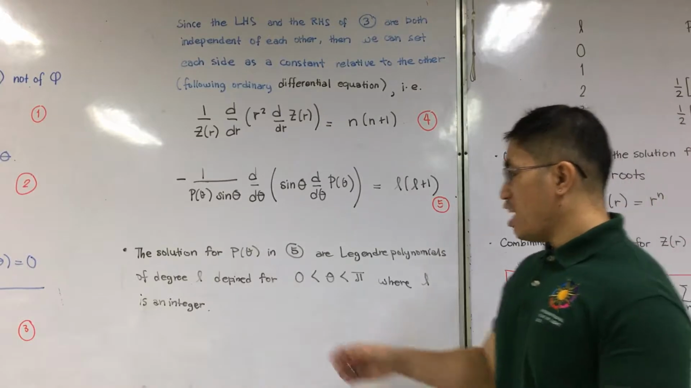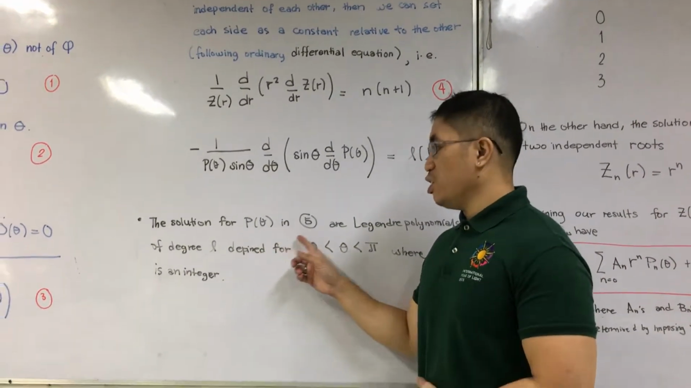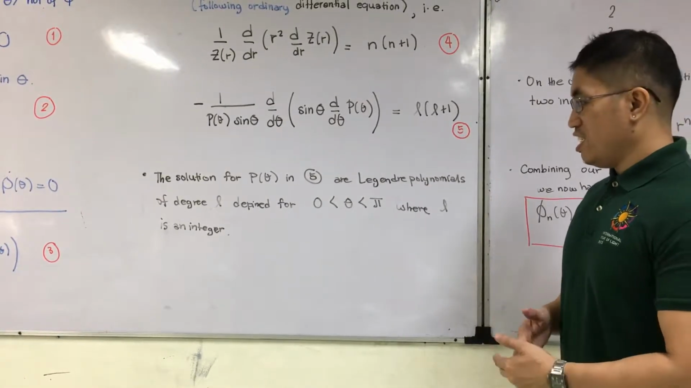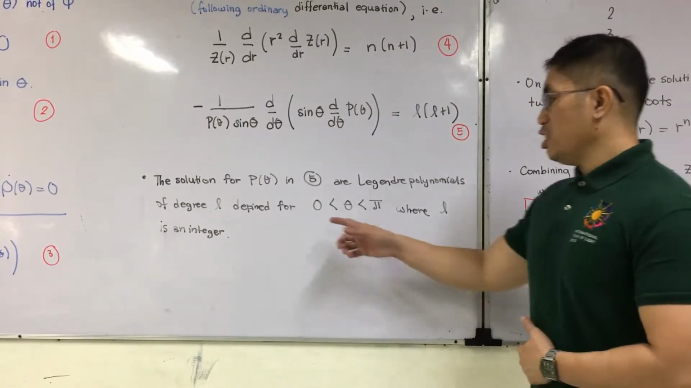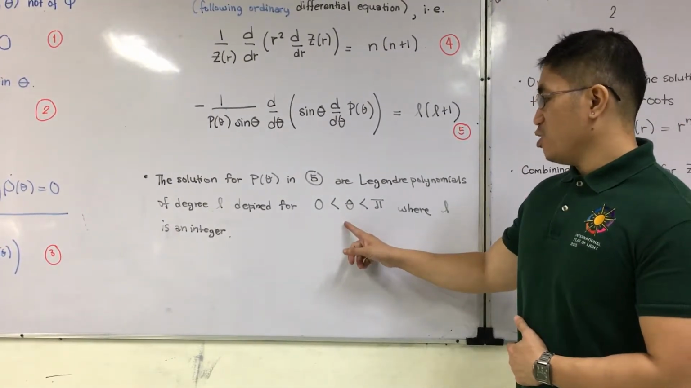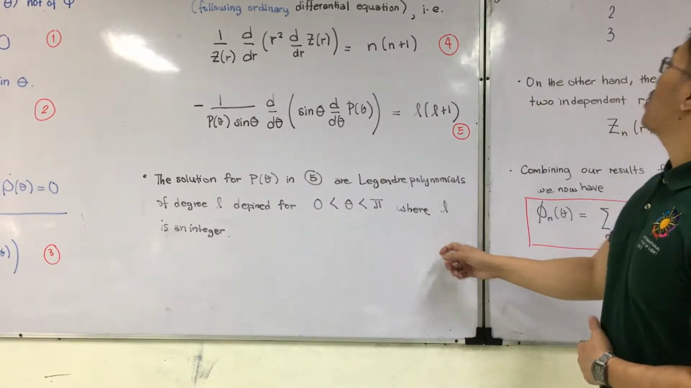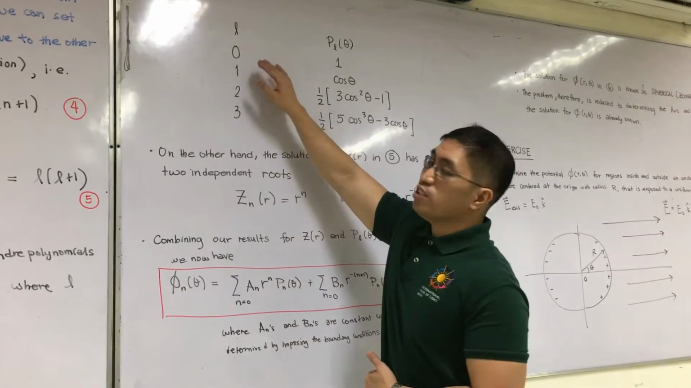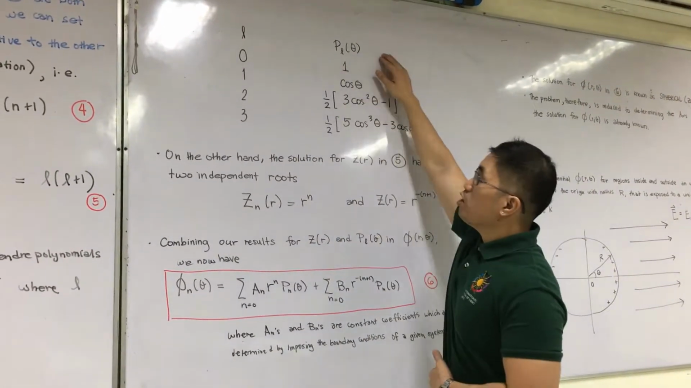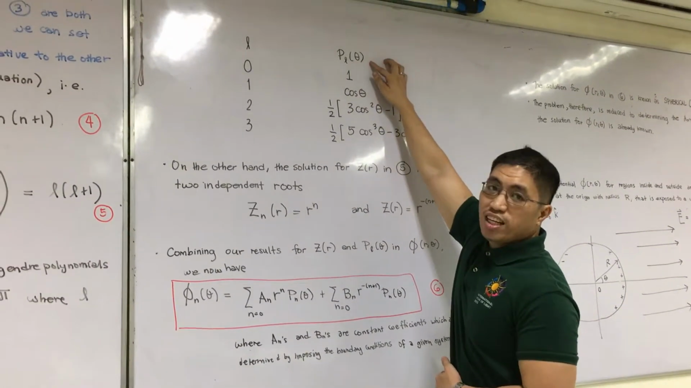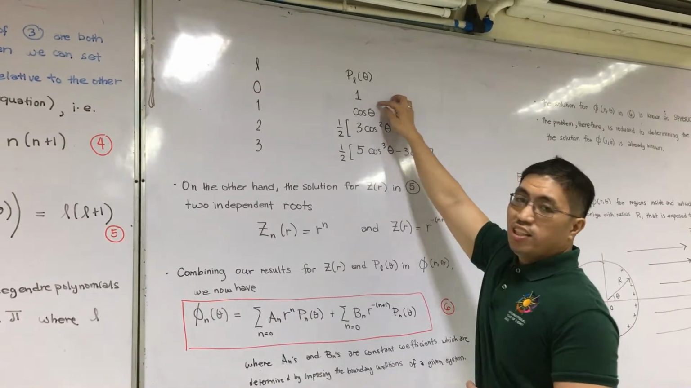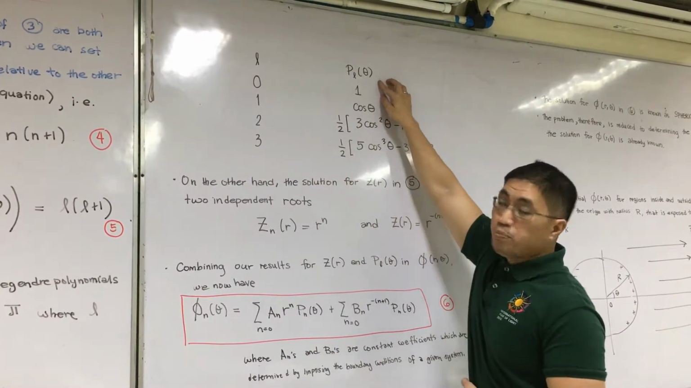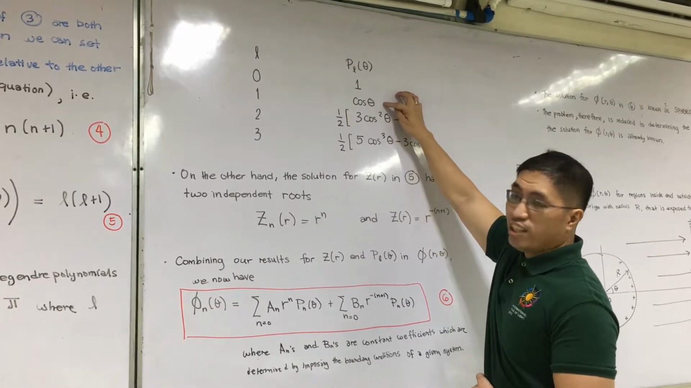The solutions for the angular component P(theta) in equation 5 are actually Legendre polynomials of degree n, defined within the range 0 to pi for the angle theta. Again, l is an integer. If that is the case, then when n is equal to 0, our Legendre polynomial P0(theta) is just equal to 1. If n is equal to 1, then the solution for the angular component P1(theta) is cosine theta,